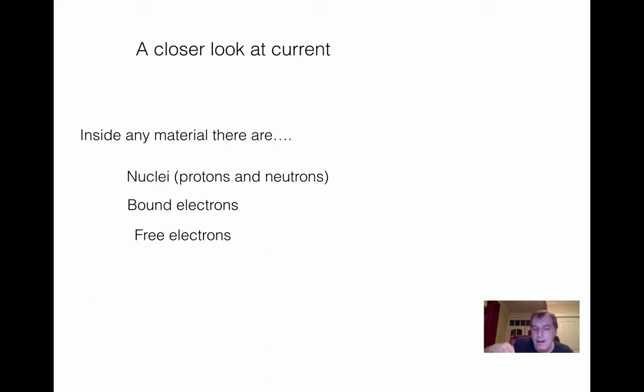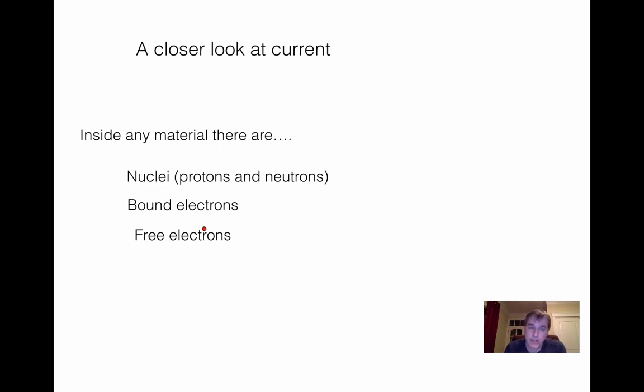If you look at the farther shells, the farther orbitals, some of the electrons can escape and start to move freely inside the material. Those we call free electrons. They are very important for us this semester because what is creating a current in a wire, for example, are the free electrons. The reason for that is that if you apply an electric force inside the material, the